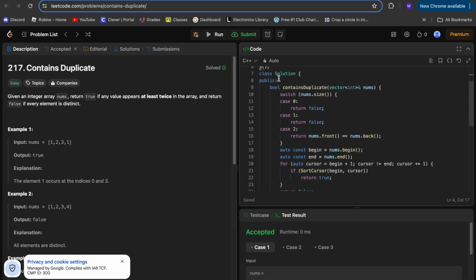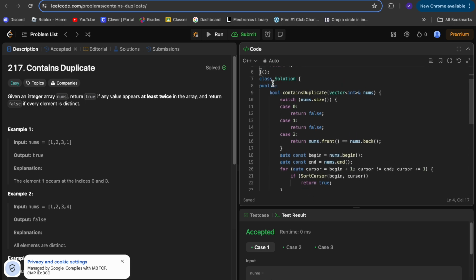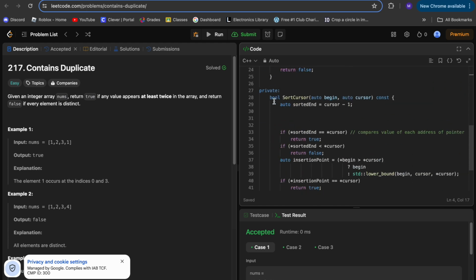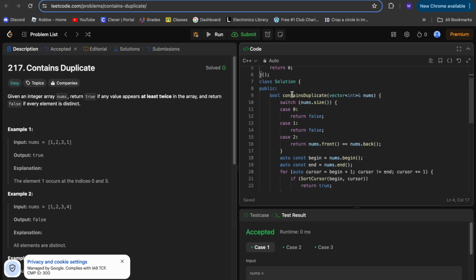Okay, so first we make a class called Solution, and we have a public method over here, which is a bool, and then we have a private one, which is a bool. Then we're going to explain what this does first. It takes in nums, which is a vector containing ints. Then we do our switch, which is like an if statement. If nums.size equals 0, return false. If nums.size equals 1, return false. If nums.size equals 2, then compare nums.front and nums.back. If they're equal, obviously that means they're